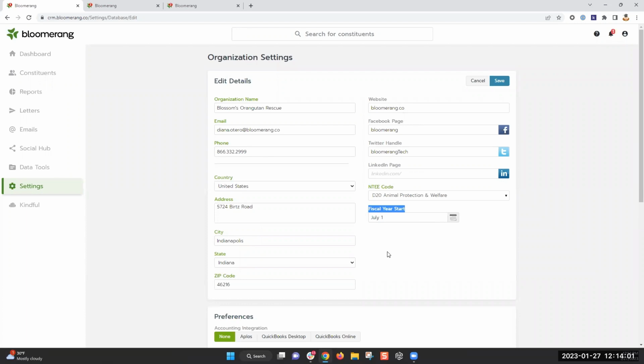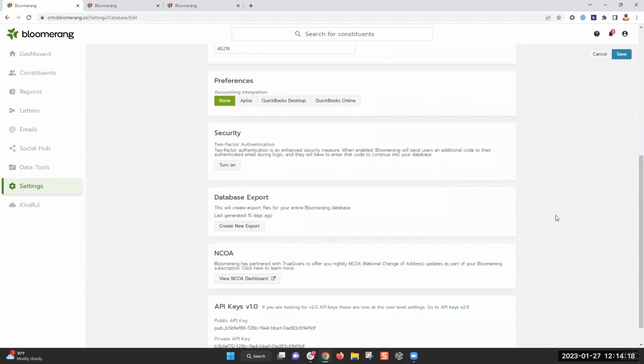So if you are running reports by date, you can choose if you're filtering, for example, by this year, that will go by calendar year, versus this fiscal year, which goes by the date that's in your organization settings. If we scroll down, you'll also see accounting preferences. If you are using one of our integrated accounting softwares, you can turn that on here. The setup is not done yet. There might be additional setup that's needed, but those will become available once you select what your accounting integration is.